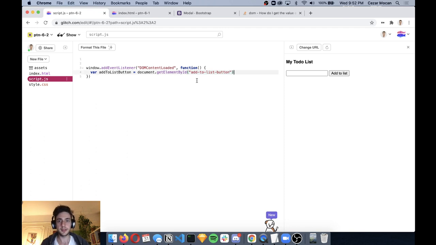Okay, document get element by ID, add to list button, and then add to list button, add event listener. Right, we're listening for the click event yet again, and we're going to create a function that's called onAddToList, which we're gradually going to build to add elements to our list. So let's create our function,